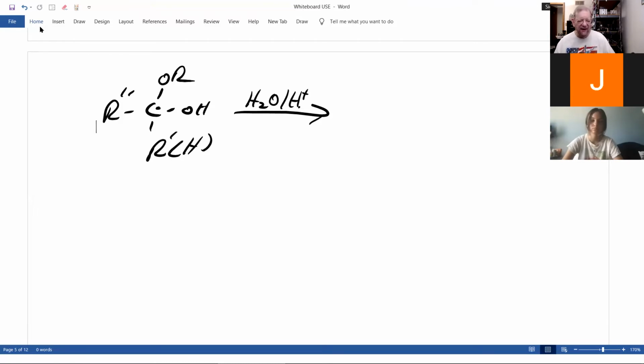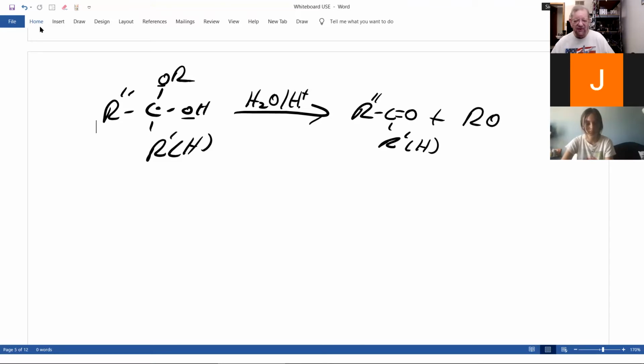But here, keep your eye on the carbon with not one, but two single bonded oxygens. And what you get back is the ketone or aldehyde that you would have used to make this, in this case, hemiacetal or hemiketal, plus the alcohol you would have used to make that. And remember, what's attached to this carbon right here, in terms of carbons or hydrogen, stays attached and becomes this carbon of the carbonyl. And the R groups come from what's on the oxygen. So